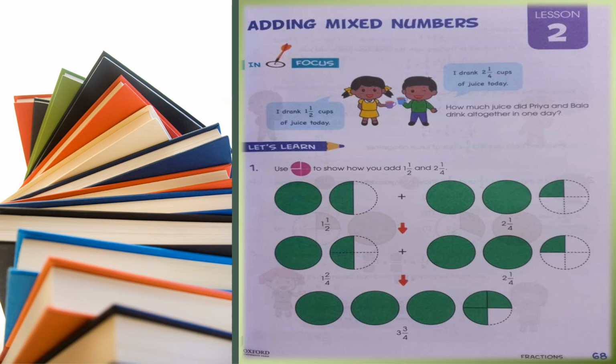We use a circle to represent the proportion of juice. So here, in the first case, we have one whole number and 1/2. One whole number means one complete circle, and we have represented 1/2, which is half, with a half circle. Now there is an addition sign because we have to derive the total amount of juice that the two